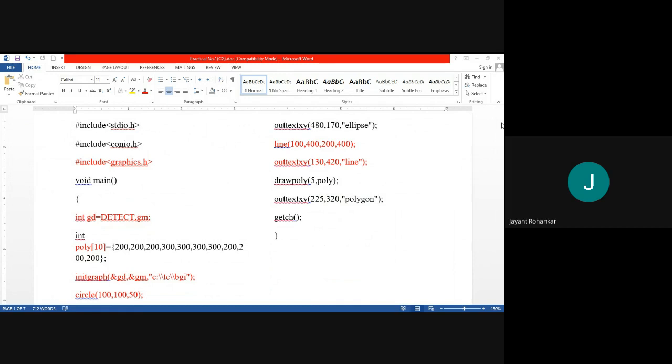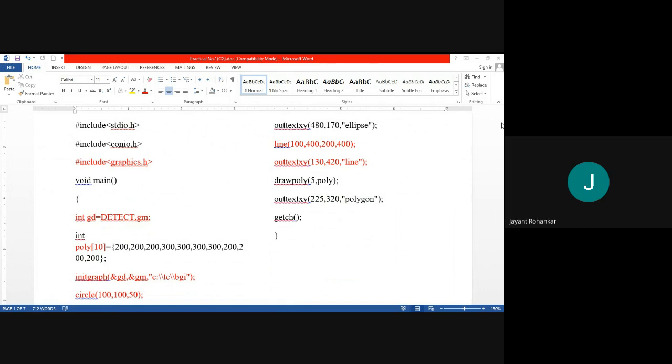While writing a graphics program, we need to detect the graphics, where graphics is available in the system, and identify it to the program. That's why GD equal to detect is written here. GD means detect graphics. The syntax is GD equal to detect comma GM, which is called the graphics mode.